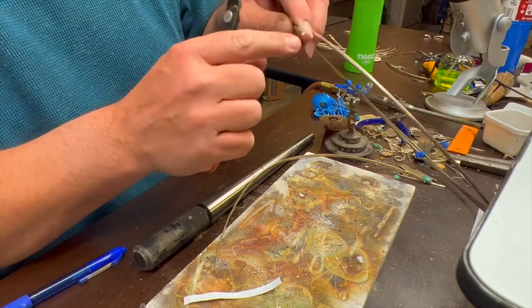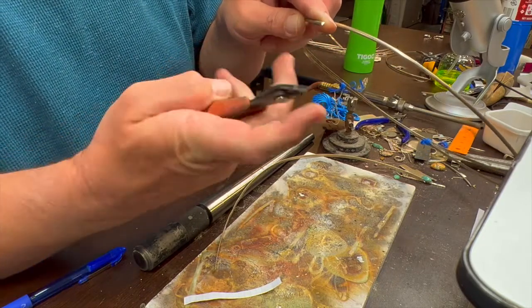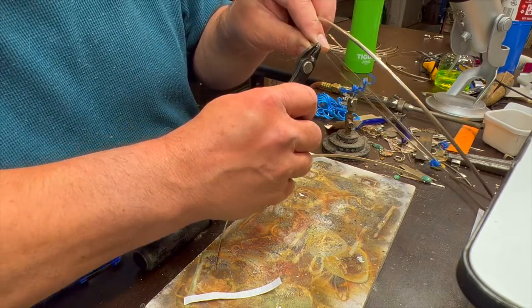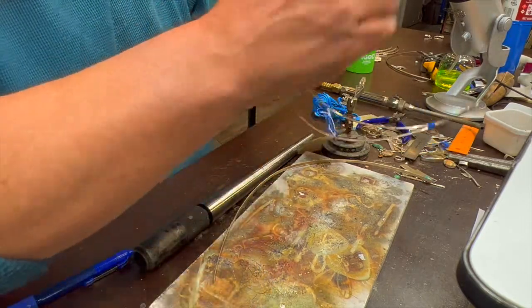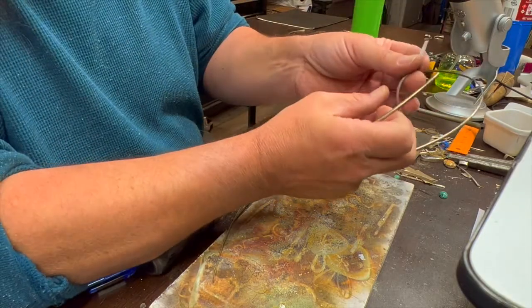Typically there's a cut mark left from the previous user who left the beveled cut that the other side of these cutters leave, and so I typically save myself a little filing and just snip that end off with the flat side, so it's pretty flat there. Then in order to get the piece of wire that's the right length, since I was going for, I think I said a 7 3/4,